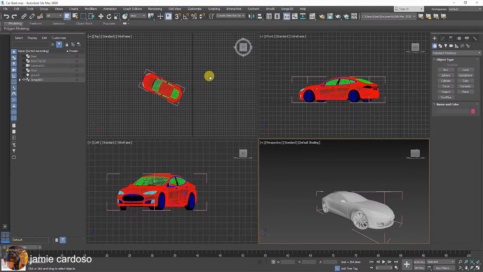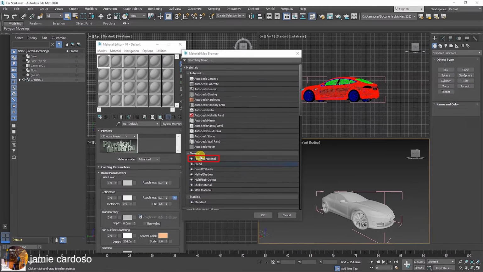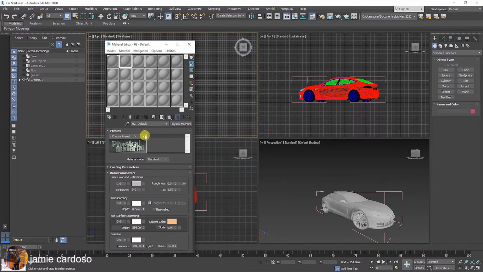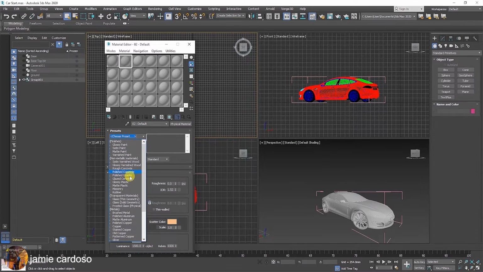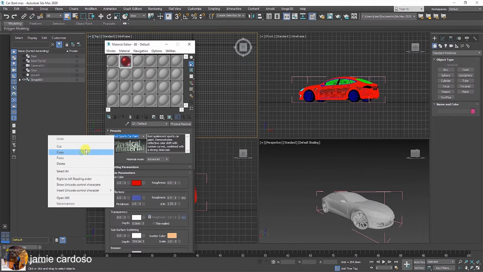To start, open the material editor by clicking on this button here. To load up the physical material shader, simply click on this toggle and choose the shader from the material browser dialog. Next, let's choose a material preset by clicking here and choosing the red sports car paint from the list. To name the material slot, select the preset name, right-click and choose to copy the text, and paste it in